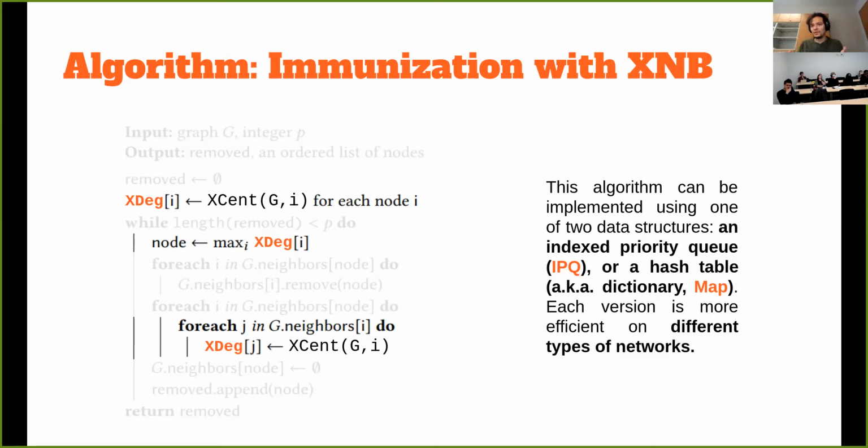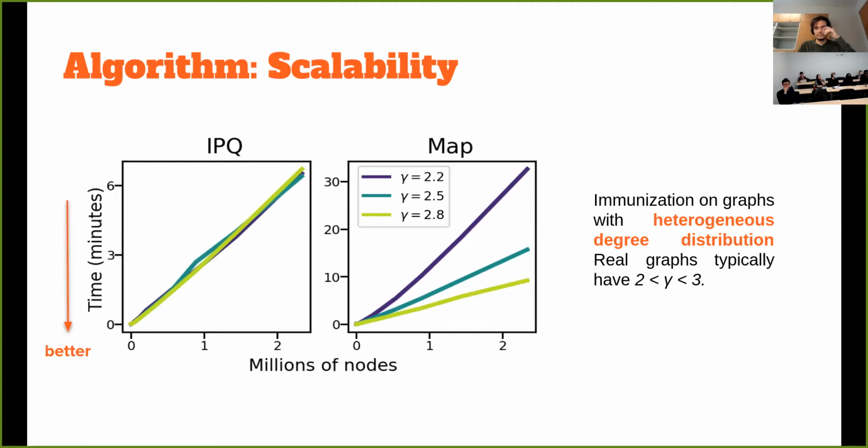And the number of times that you update depends on the number of 2-hop neighbors. All of this is just to say that the data structure that you choose to implement this algorithm depends directly on the second moment of the degree distribution of your graph. So these are some basically wall clock